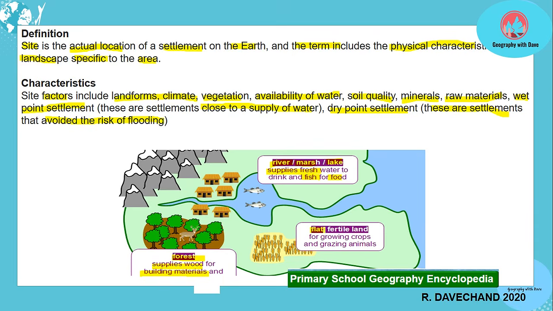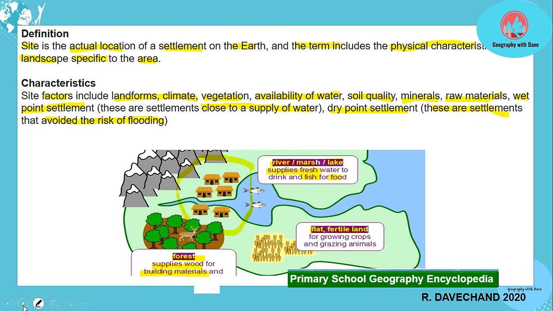Obviously, when it's nearer to the river, all right, we would have fertile land. And also, judging from this area, it looks relatively flat. So these are the site factors that would have made this settlement decide to settle in this area. Okay,